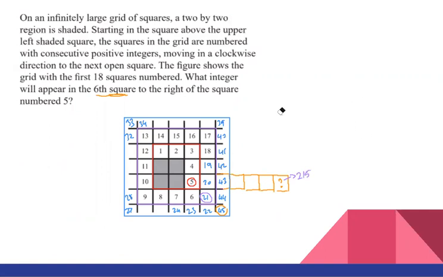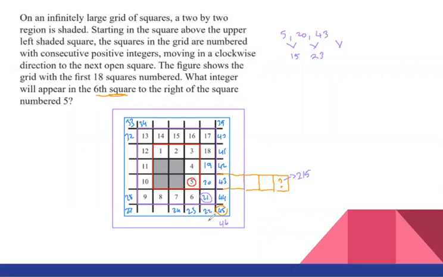The second approach that I'm going to try is I'm going to focus on the numbers on this row, because these are the numbers I need to know at least. So I start with 5, and then I have 20, I have 43 so far. And if I want to find the difference between these integers, it is going to be 15. And between these two integers, that will be 23. I'm not sure if you know about this approach. When you find the difference between these, if the numbers are equal, then we are going to call this a linear relation. But if you have numbers that are not, okay,